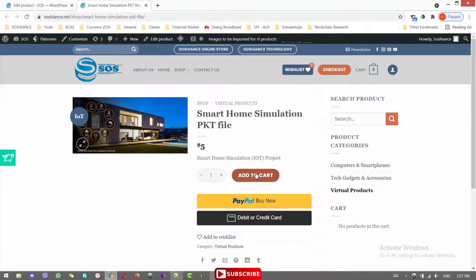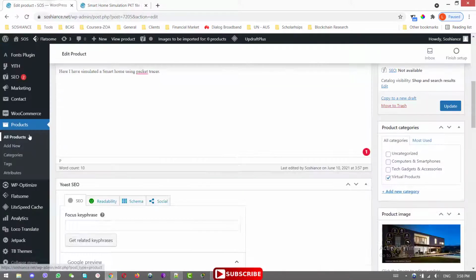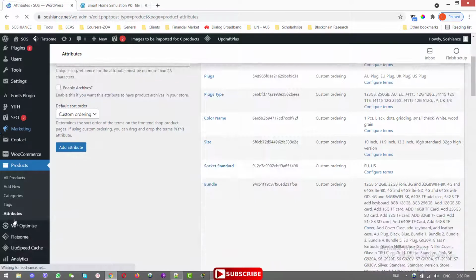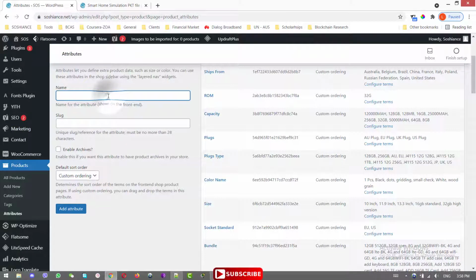The customer can just add to cart and pay for the file, and then he or she can download it. I think we have almost covered everything: the categories, the tags, the attributes. For example, if you are importing a lot of products, adding attributes for each product separately will be time consuming. And you can add the product attributes, for example some general attributes like color, like